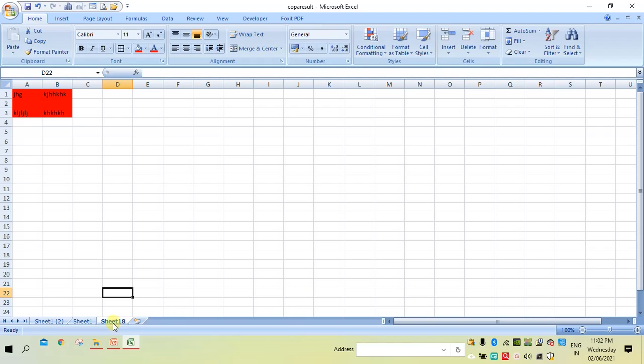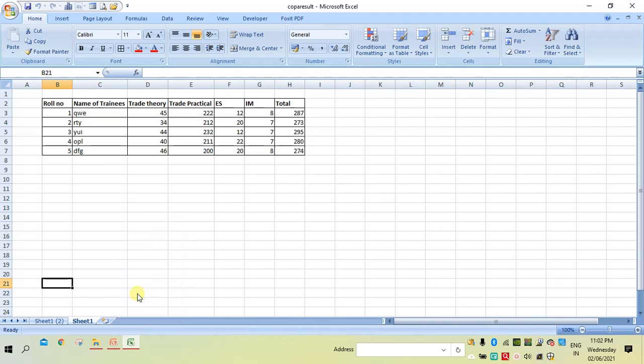To hide this sheet, I will right click on it and select the hide button. Now sheet 18 has disappeared, whereas sheet 1 appears.